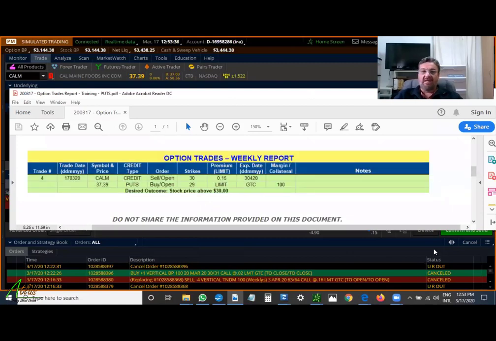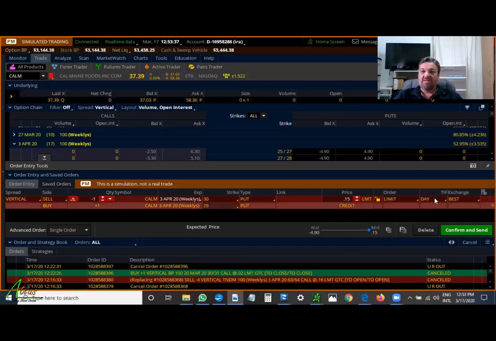30 and 29. So this is going to be a GTC. This is going to be a limit, $15. Again, remember that you can always change the price here. If you confirm, send, and it doesn't happen, wait at least minimum 10-15 minutes and then try changing 1 or